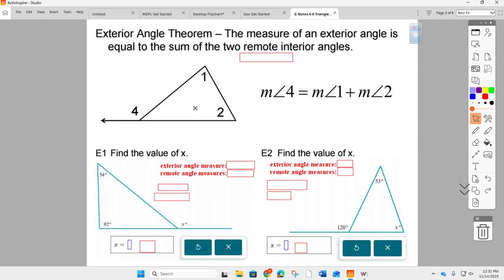So now we're going to learn a rule about that. The measure of an exterior angle, so that would be angle 4, is equal to the sum of the 2 remote interior angles. So what do you think? So 1 and 2 are the only angles that are labeled here. So it's going to be